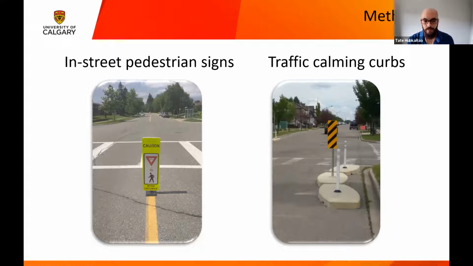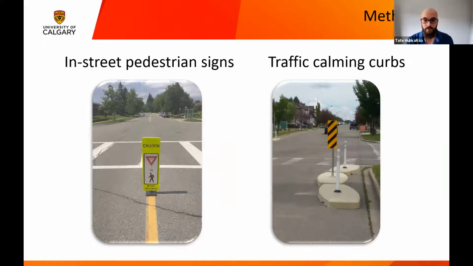So they're really pretty resilient that way. The traffic calming curbs are preformed cement placed beside the curb to narrow the street right before the crosswalk. So depending on the road geometry and size, between 1 and 3 curbs were usually used to narrow the road at that place. And both interventions can either be temporary or be left in place for an extended period of time.